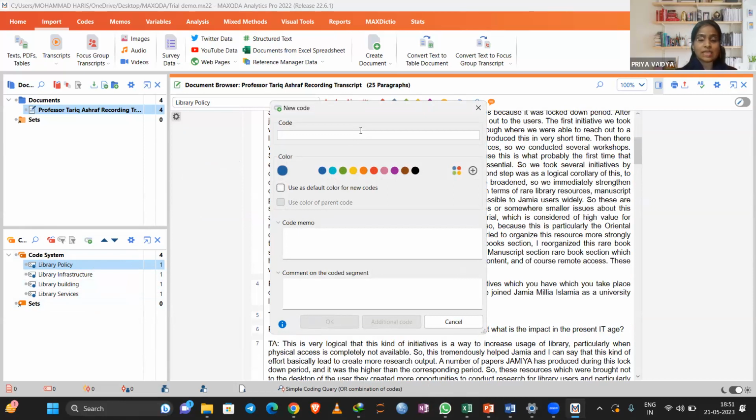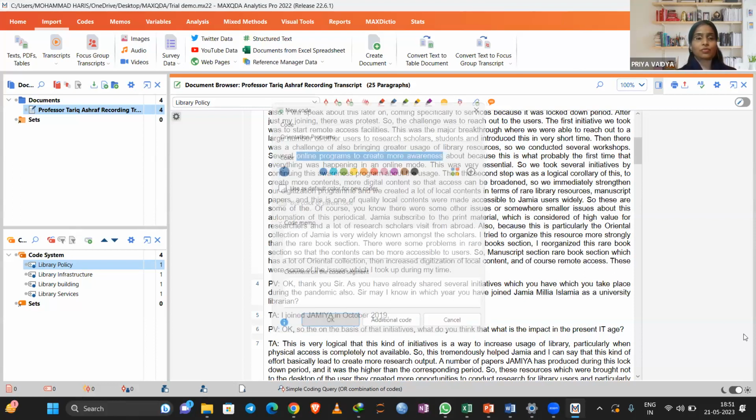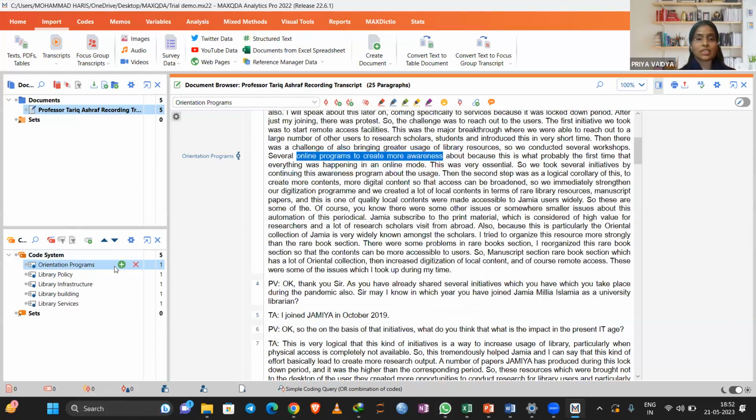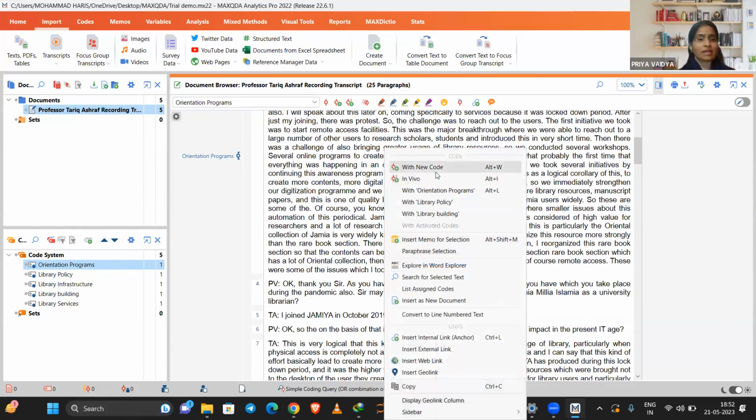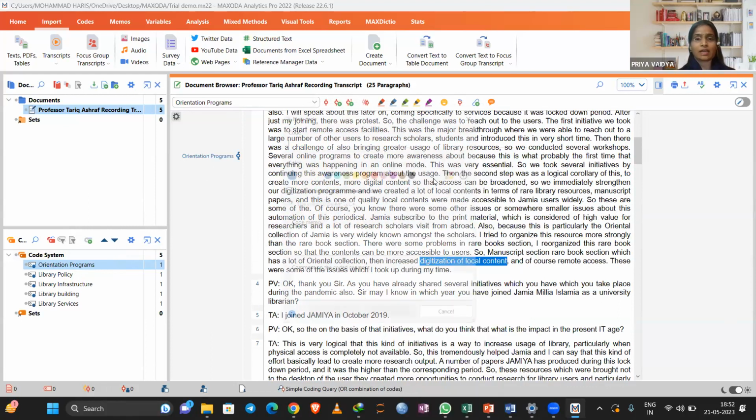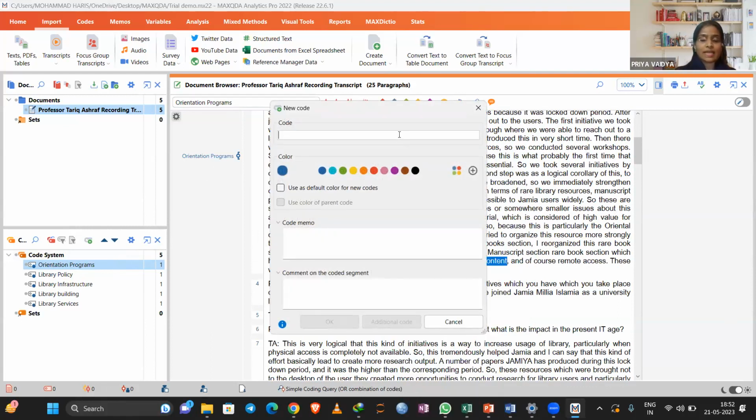So this is all about their orientation. So we can create another code like orientation programs. This would be the next code which has been created on the left hand side. Now we can see increased digitalization of local content. So it means that we can create a new code again, like